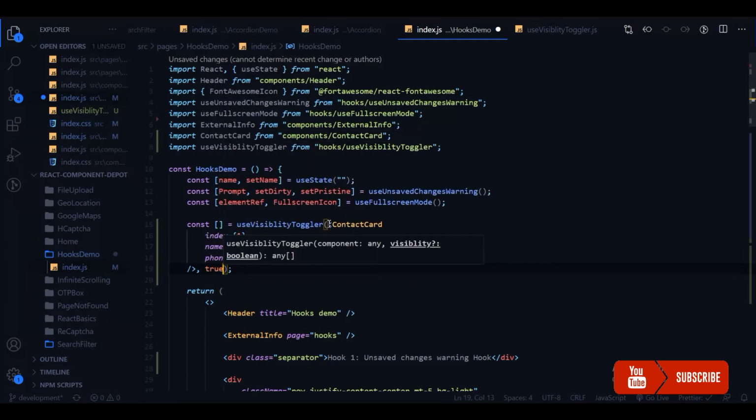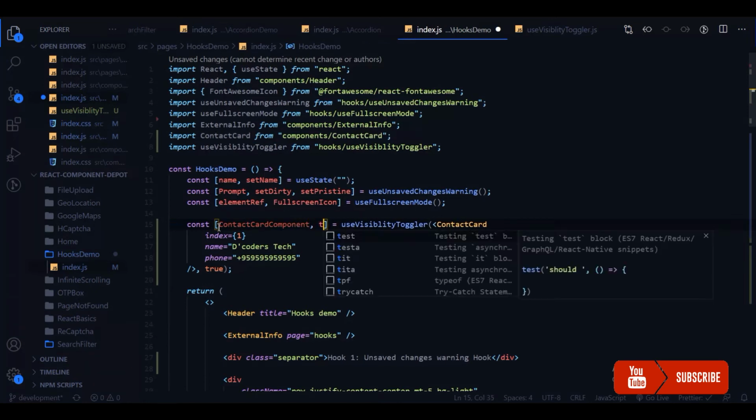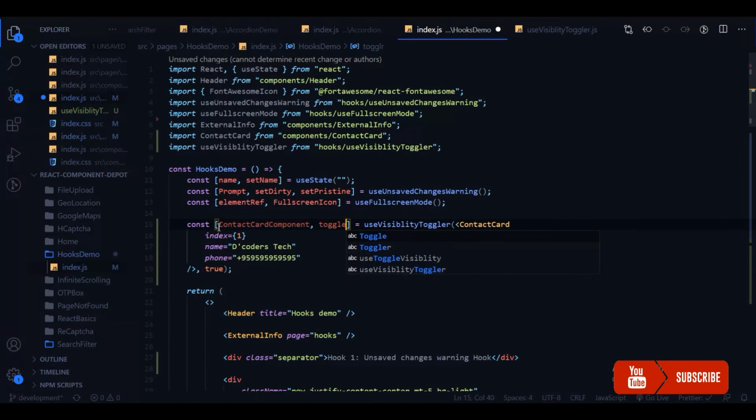So let's make it true, and we destructure two things. One is the contact card component, and the toggle card visibility callback function. So here you can name whatever you want based on this component context.